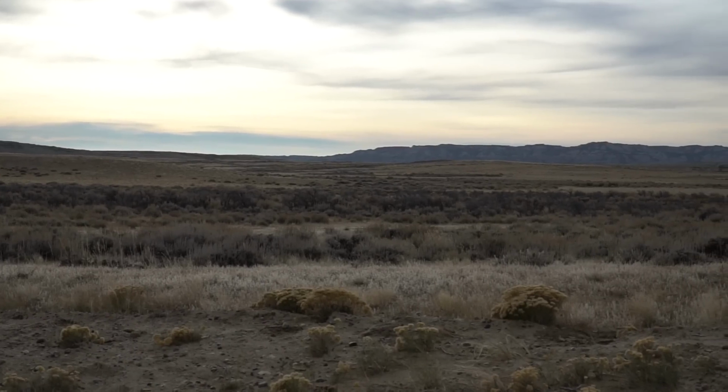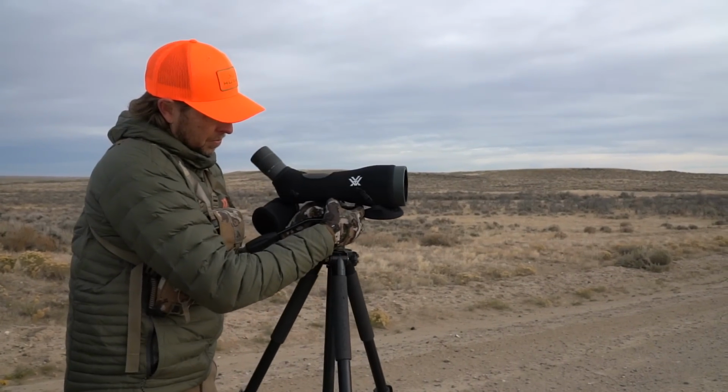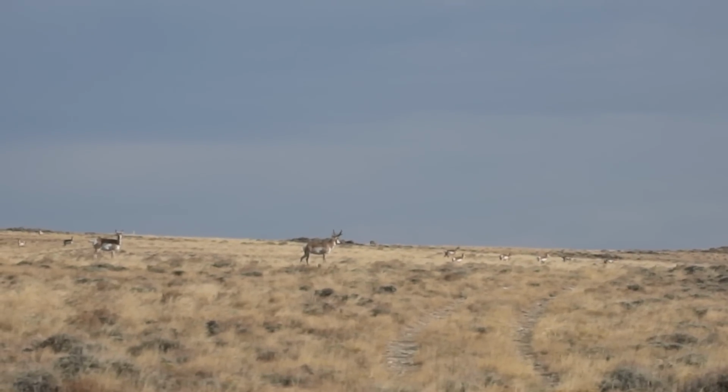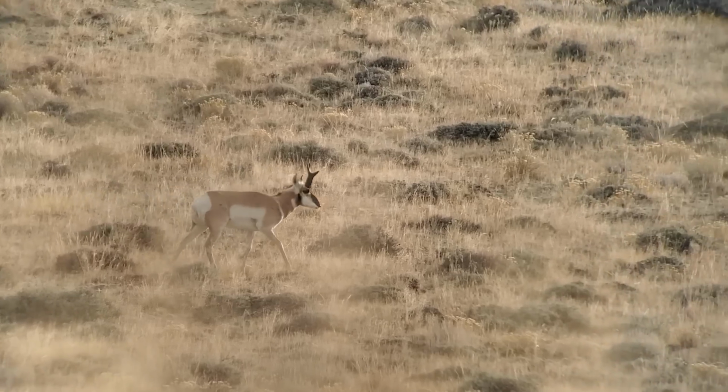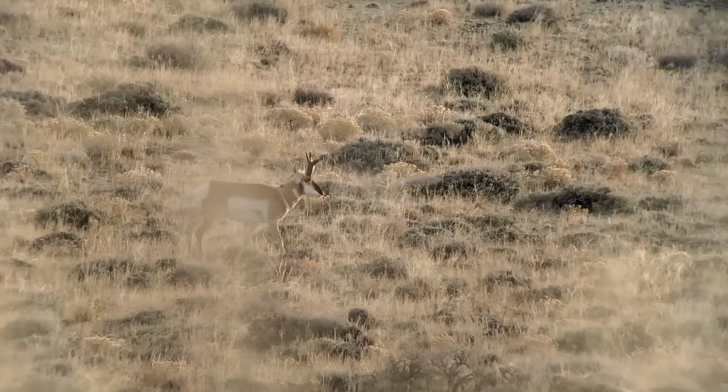Welcome back to Pronghorn Camp 2019. Kind of a nice little overcast morning. I think our antelope count is over 100 already, and it's right around 9 a.m. Seen one real pretty buck. Kind of flares out, got some cool cutters. Just can't quite get the length on him yet, but we're gonna go try to see if I can get